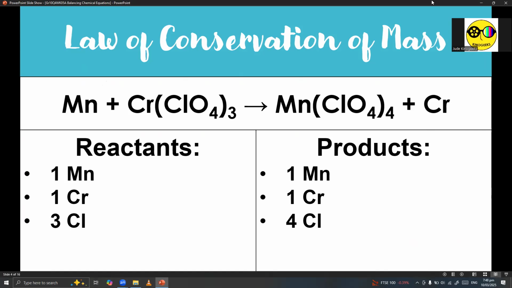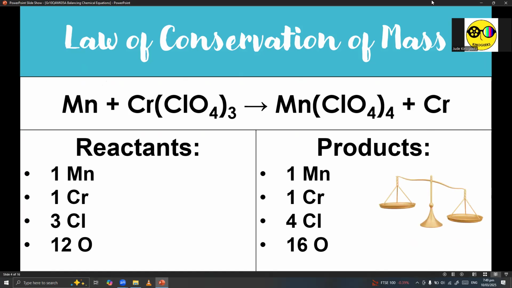conclude that this equation is unbalanced, but let's take also into consideration oxygen. For oxygen, there are 4 atoms inside the parentheses, then times 3 subscript, so we have 12 on the reactant side. And on the product side, you have 4 oxygen atoms inside the parentheses, and then you have number 4 outside the parentheses, so 4 times 4 equals 16. So judging by the numbers 3 and 4 for chlorine and 12 versus 16 for oxygen, it's very obvious, no, that this equation is unbalanced.